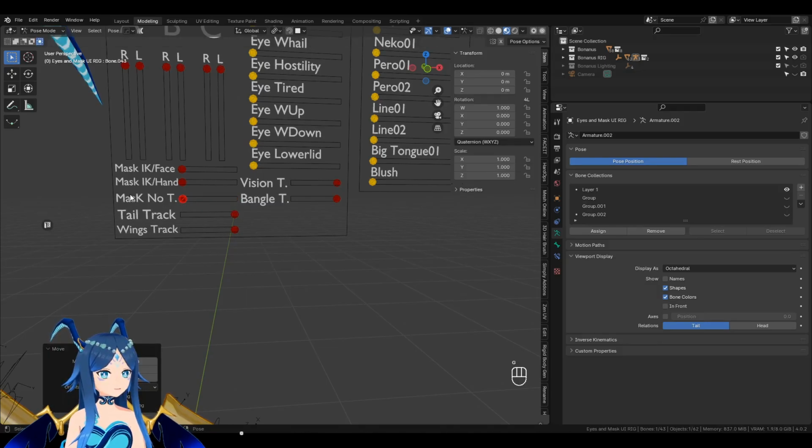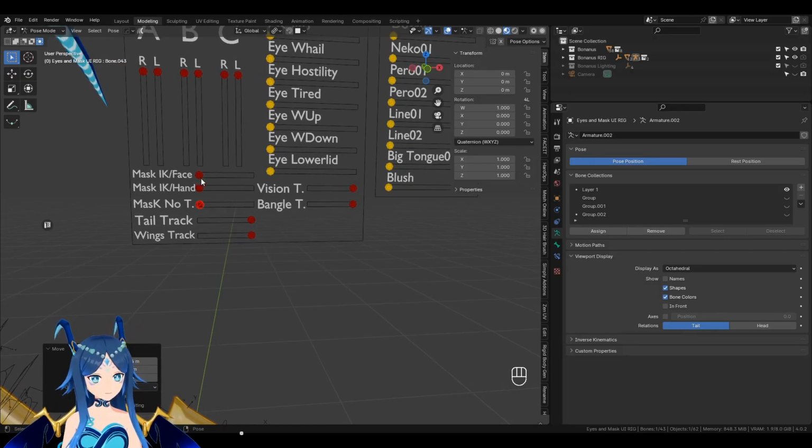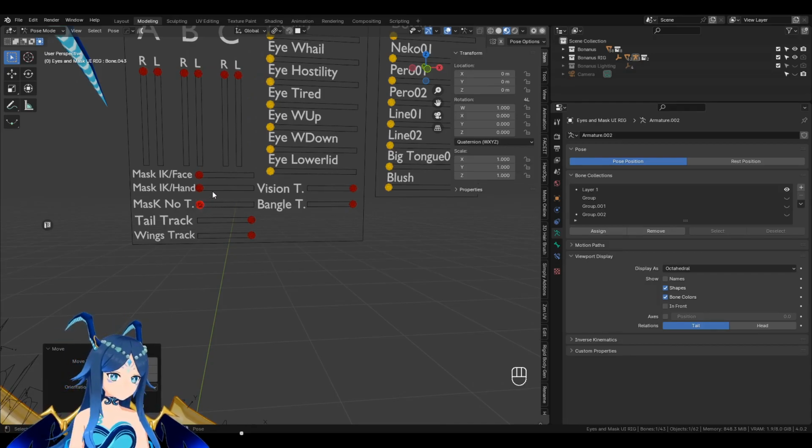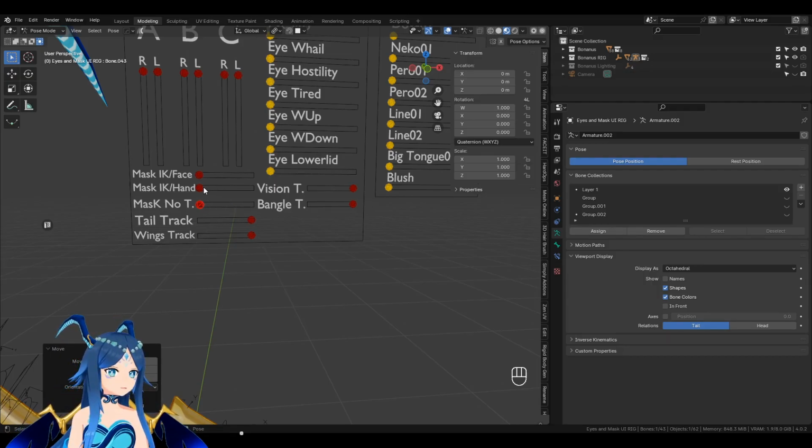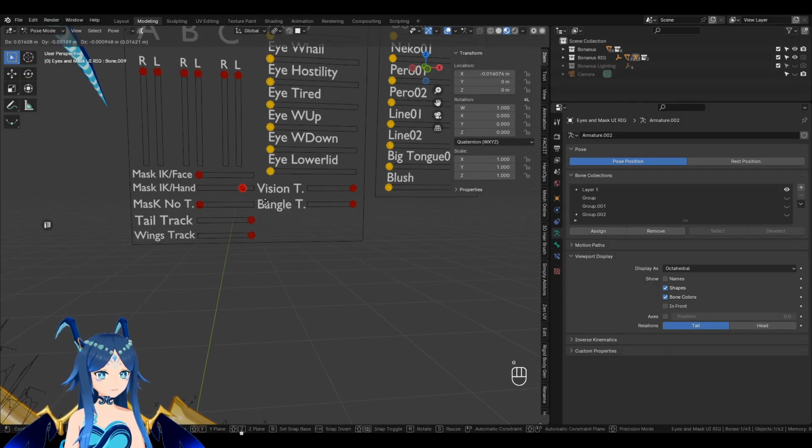These three things that have to do with the mask, you really want to make sure that only one of them is active at a time. In other words, basically what will happen is you can't really predict the behavior if they're all on. So if we turn off the mask no tracking and turn on the hand tracking,